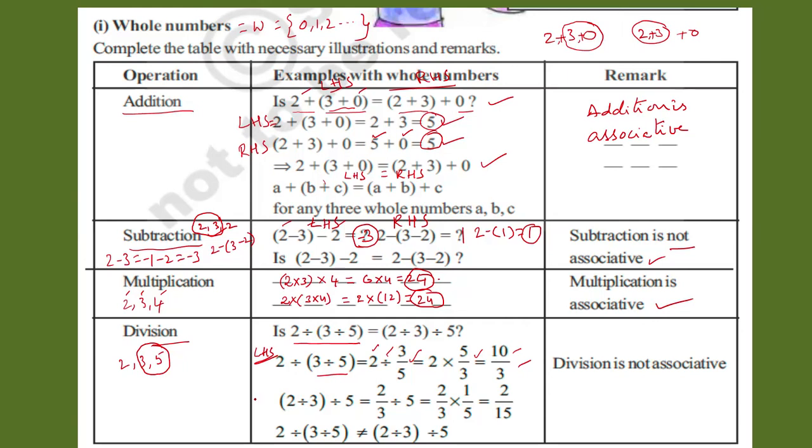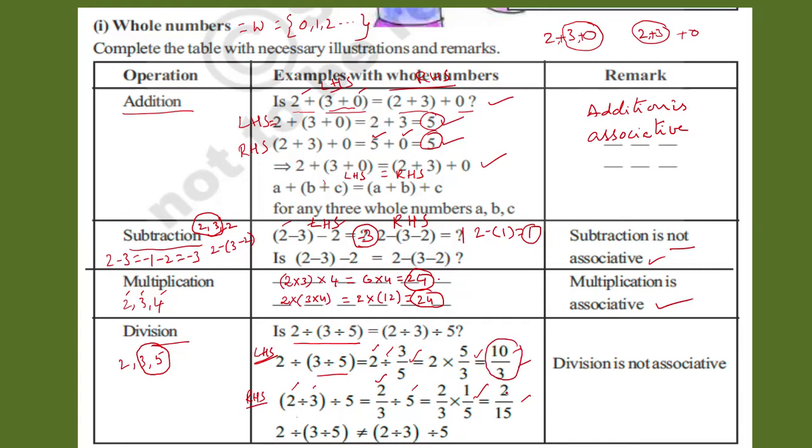In the case 2, you may take it as RHS for calculation purpose only. Now you check it. In the first instance, first number is divided by second number. After that, the third number divides this value. That means 2 divided by 3 means 2 by 3, divided by 5. What is the reciprocal of 5? 1 by 5. So 2 by 3 into 1 by 5, that is 2 by 15.